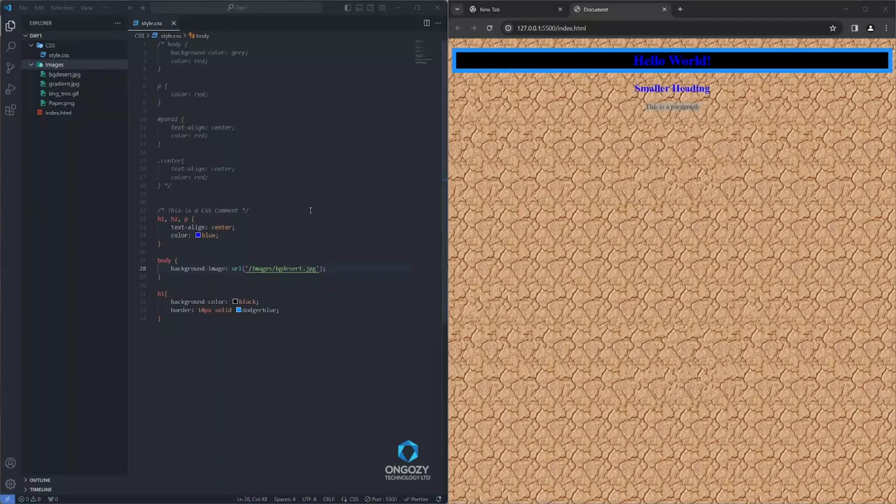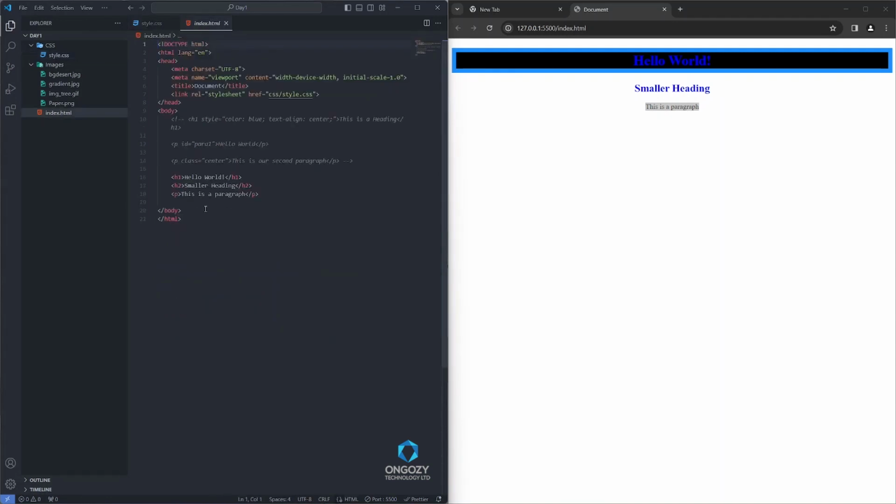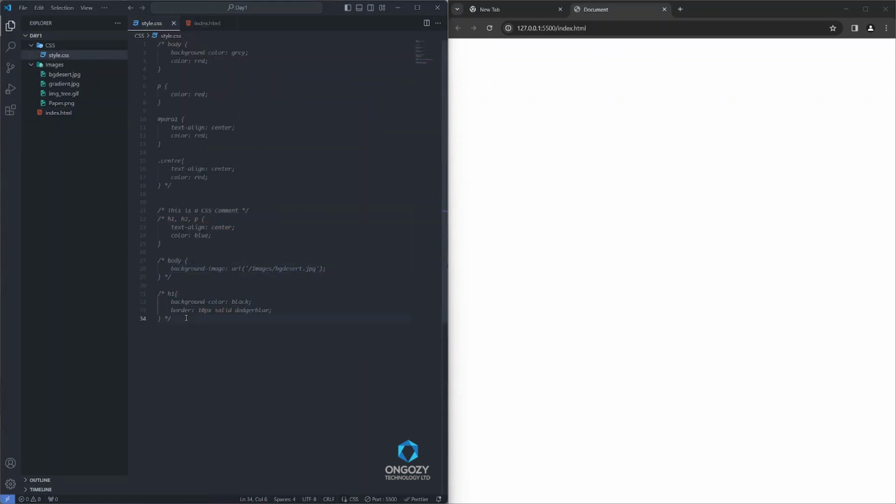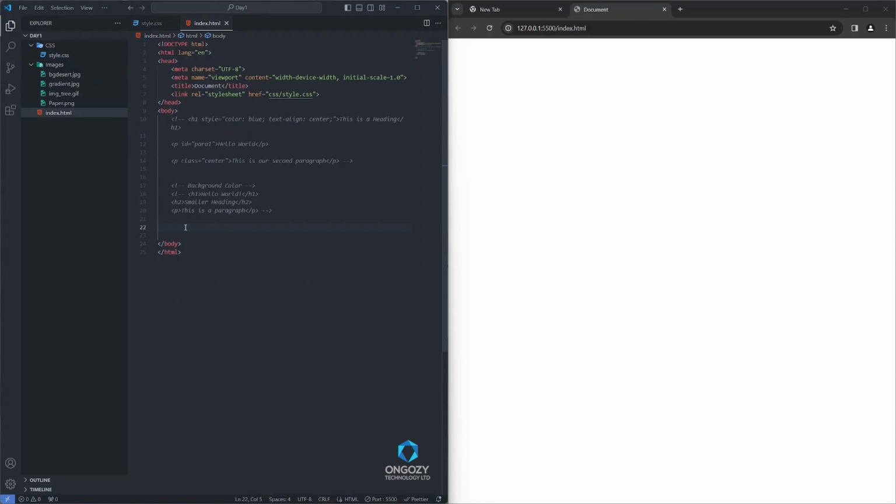The other thing we are going to look at is what we call CSS borders. The CSS border properties allow you to specify the style, the width, and color of an element's border. And we are going to look at this example. We are going to comment out our body element, and I'll also comment out this and our style. Okay, now inside our body, I'm going to have a header too, and this one we are